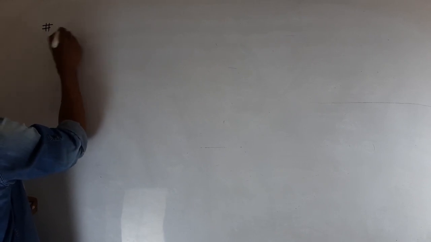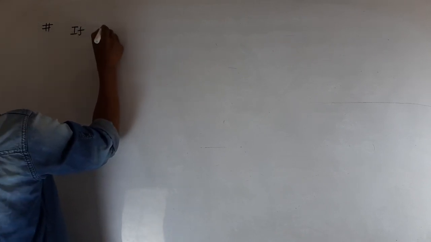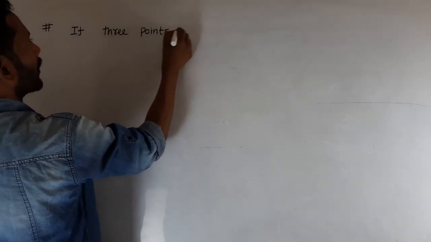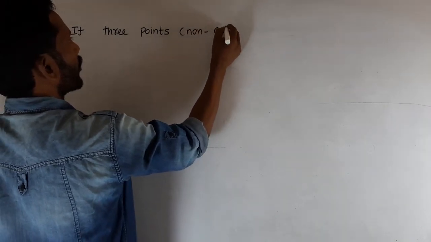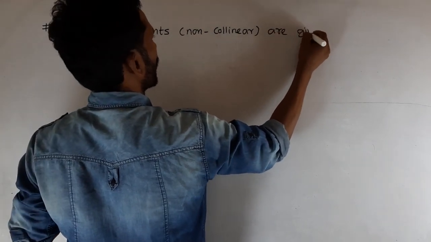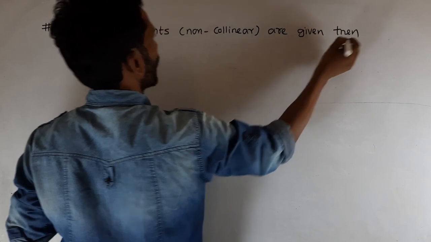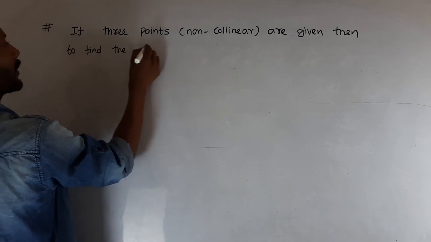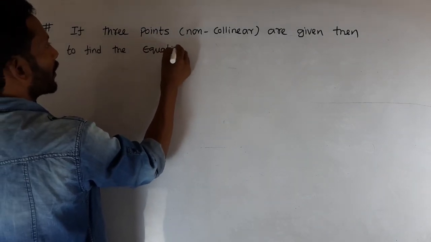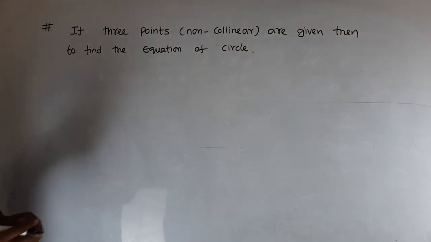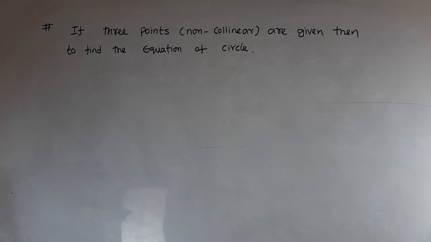Now important points. If 3 non-collinear points are given, then to find the equation of circle: